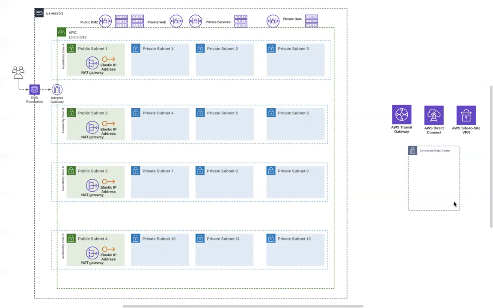Isn't that amazing? I hope you take a look at this architecture diagram in more detail, and I hope you try it out once to see how you have a highly available network diagram. In the next video, I'm going to take you through the process of creating a VPC the hard way instead of using the Launch VPC Wizard, and then we'll take a closer look at some more VPC concepts.